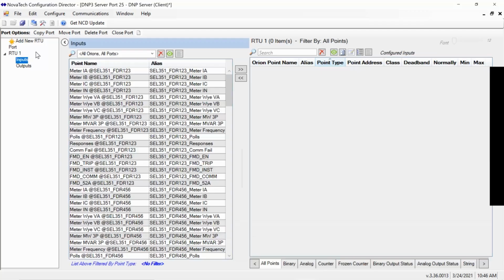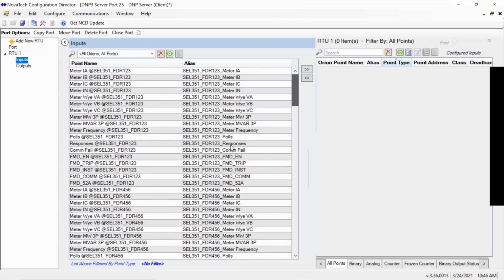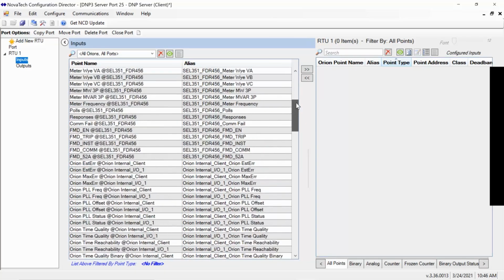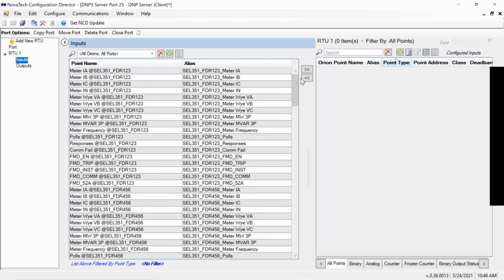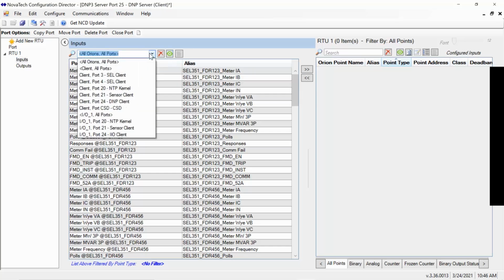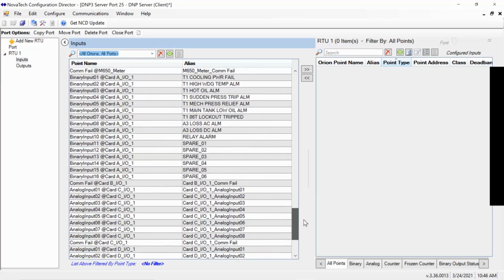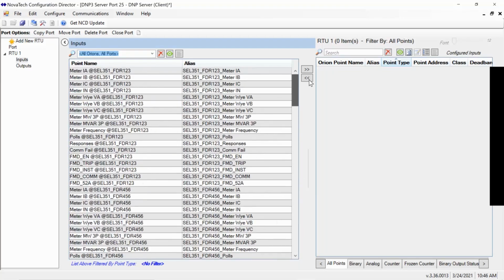If we go to inputs, what you see here is what we refer to as the Orion real-time database. This is essentially all the points that we've configured so far: all the points coming from that SCL device, all the points coming from the Bitronics meters, all the points coming from the Orion IO, and also some internal indication statuses. Since this list has a tendency to get large, and notice that it's already getting pretty large here,